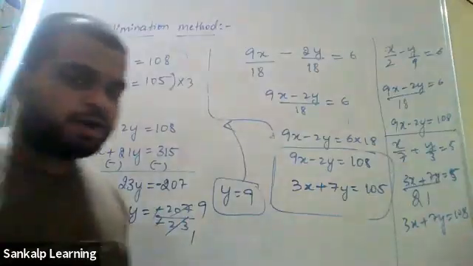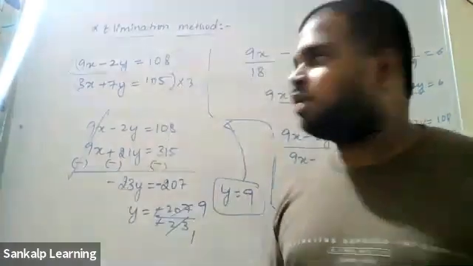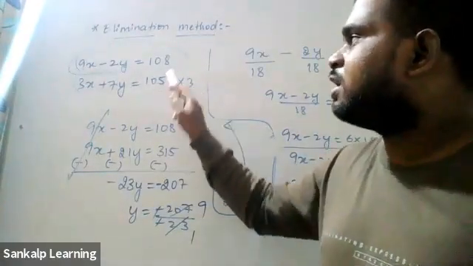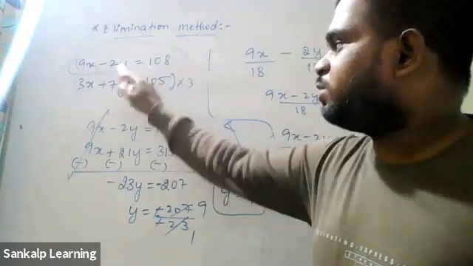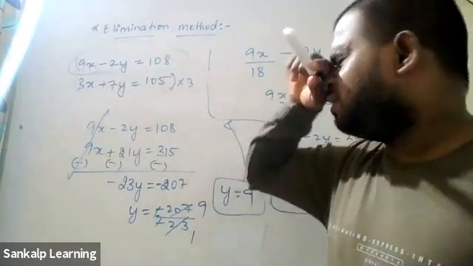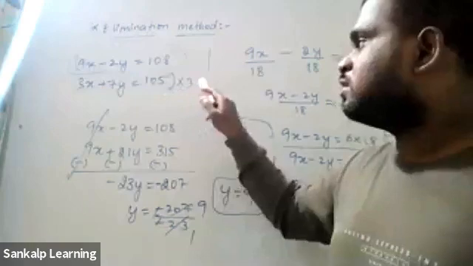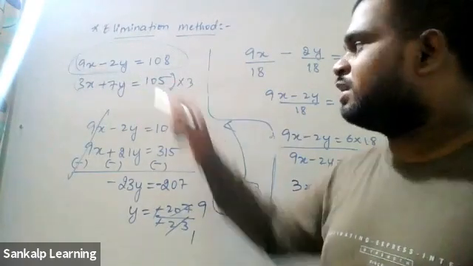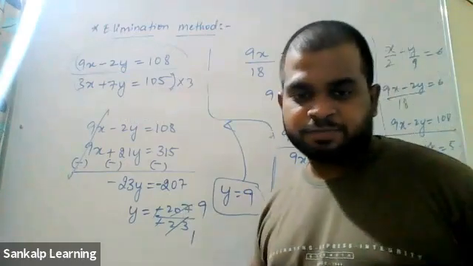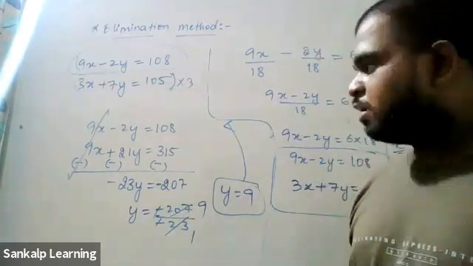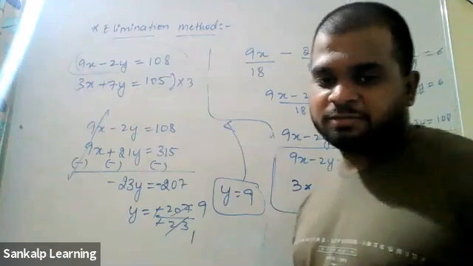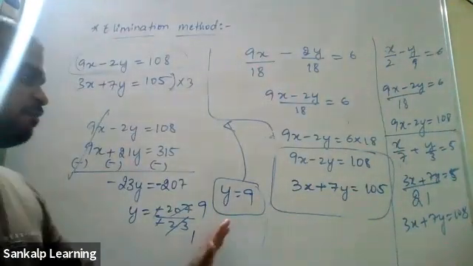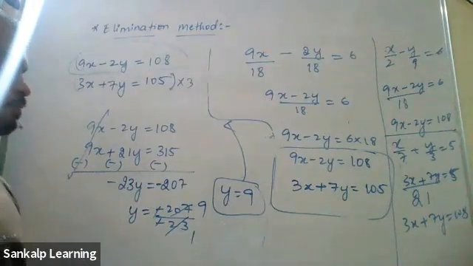So Charan, what you were doing is also correct, not a problem. You were multiplying this by 3 and this by 9. Then 3 9s are 27, 3 2s are 6, 3 you will get 324 I guess. Then 9 3s are 27, 9 7s are 9 into 105. If you did it that way, it is also correct. X is 14 and Y is 9. Yes, Shashank, it's correct. X value should be 14 and Y value should be 9.